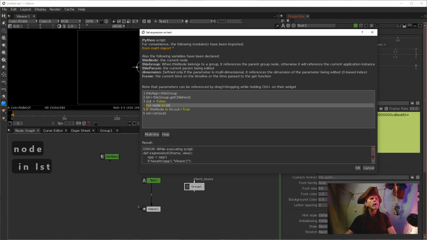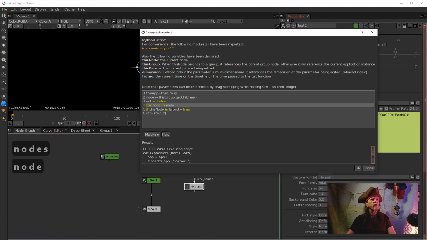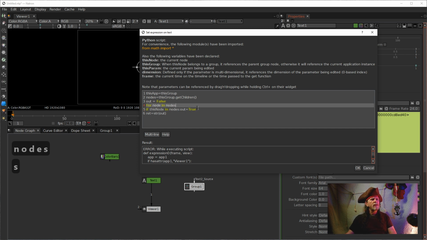Actually, you know what we're going to do? We're going to change that. I think we're going to call it nodes instead. So we're going to say nodes here, for node in nodes. So for each node in the list of nodes, what we want to do is say if